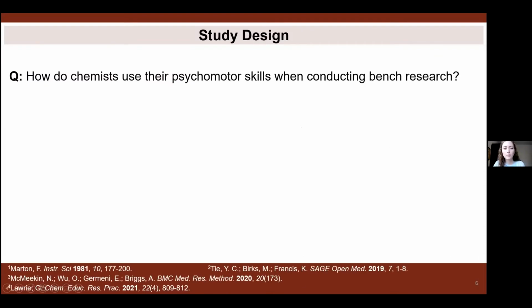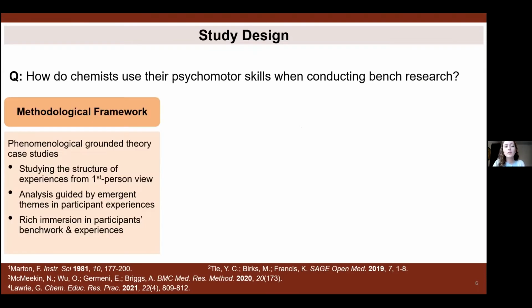So the question from my project here is I wanted to go into an authentic, working chemistry lab and ask how those chemists are using their skills, their hands-on psychomotor skills, to conduct their bench research. And so this took the format of phenomenological grounded theory case studies. So I went in, I used action cameras on their participants' heads to get a first-person view of what's happening,